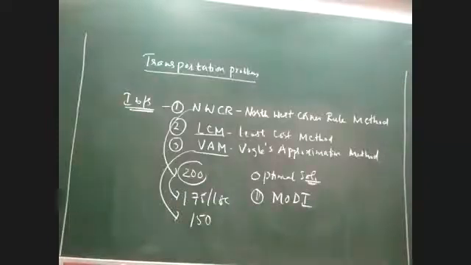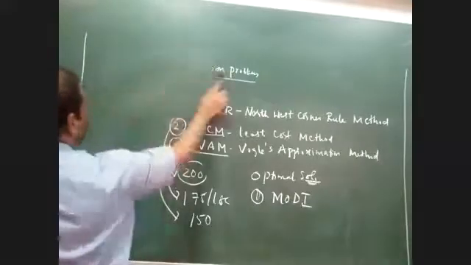The first problem is example 8.1. If you look at your PDF document, example 8.1 happens to be the first problem under NWCR. Anyway, I'll read it also, but parallelly you can look at the question so that you can easily relate how the question appears in a transportation problem. I'll start with the first question now. Example 8.1 is the problem in the PDF document which I'm going to solve now. So shall we start solving the problem?